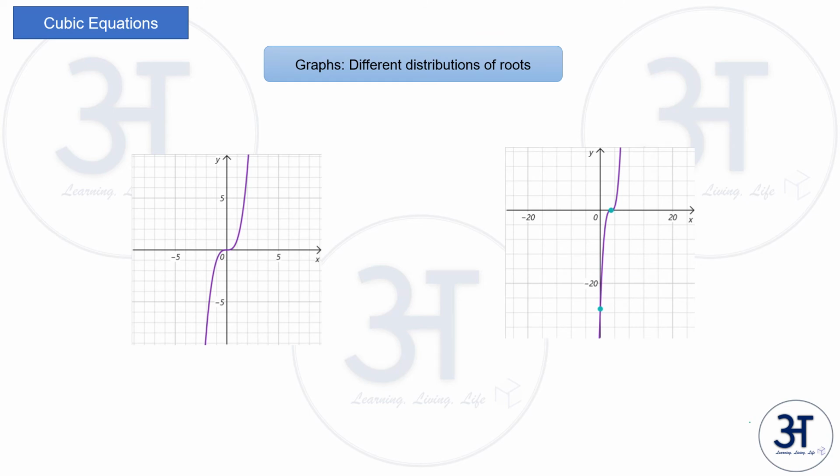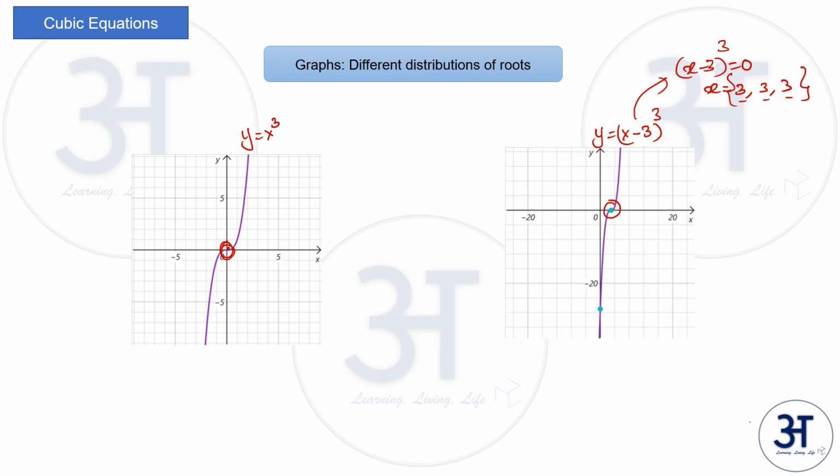Let us now look at this example. This is the graph of two different cubic equations. In both cases they are touching the x-axis at only a single point. This is the graph of y is equal to x cube and this is the graph of y is equal to x minus 3 whole cube. In this case, x minus 3 whole cube equal to 0 gives x equal to 3, 3, 3. So there are 3 roots which are 3 each and they are equal. So in this case we got a graph like this.